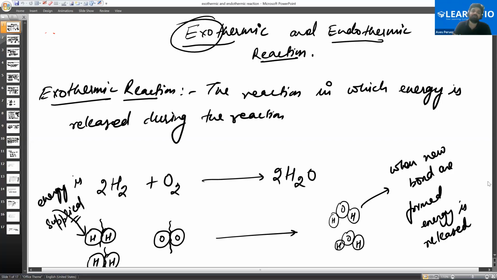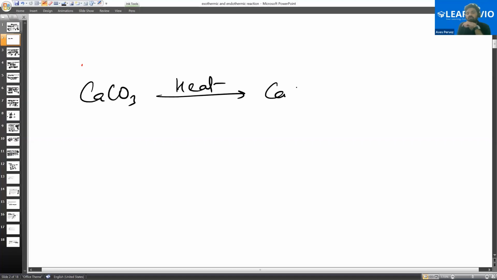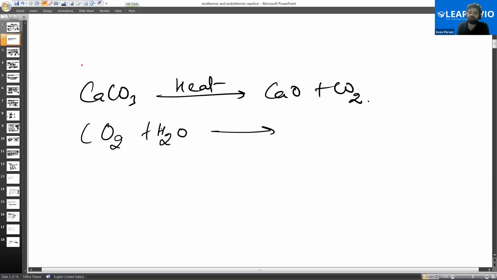Like for example, you have calcium carbonate, CaCO3, heated, and it gives you CaO plus CO2. Or different types of reactions. Like for example, you require sunlight when you put carbon dioxide in water. When you put carbon dioxide in water and heat it, it will give you C6H12O6 plus